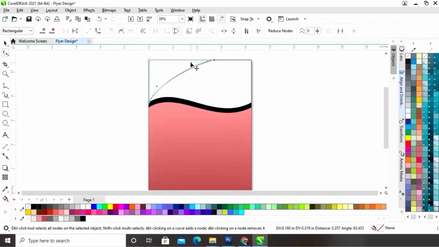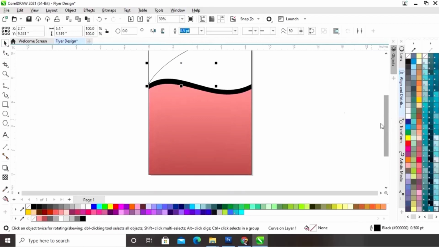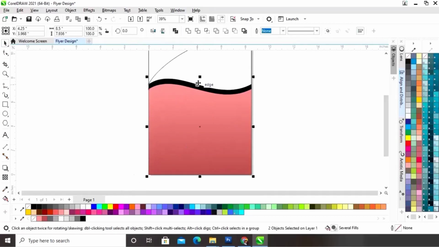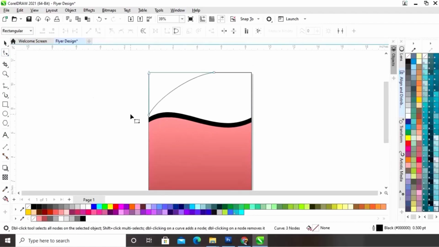Now again we will adjust the shape. Now we'll select these shapes and we will adjust the size. Now again we will select the shape tool and we will adjust the nodes.